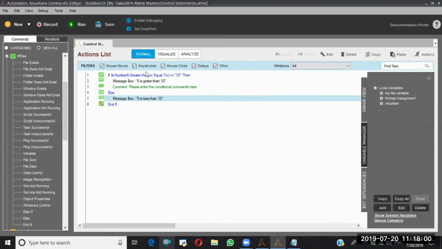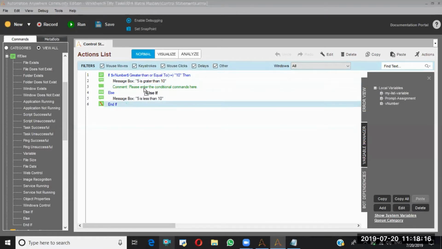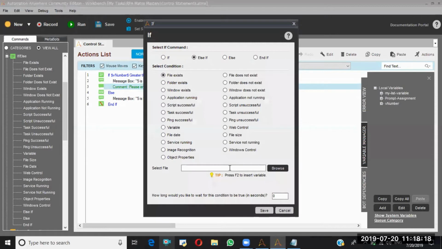Now, if this is not going to be true, before going to the else block, I want to check one more condition. At that time, what I'll do? I'll drag this else if condition here. Once this is done, I have to select the else if. I think the wrong one has been selected. Okay, else if.